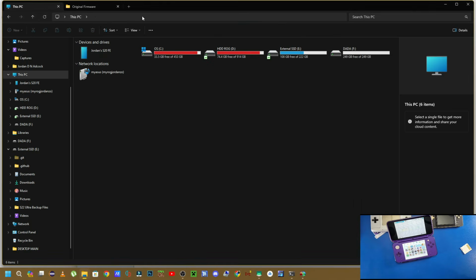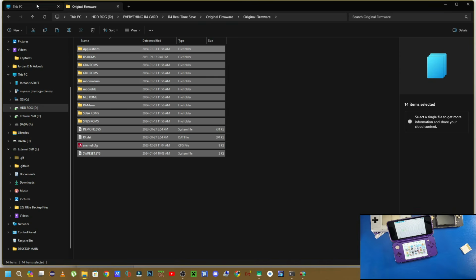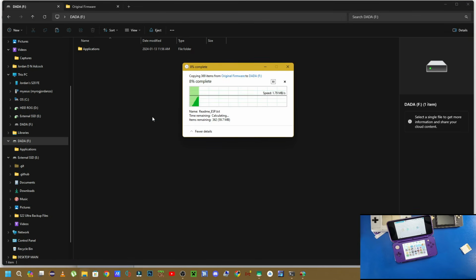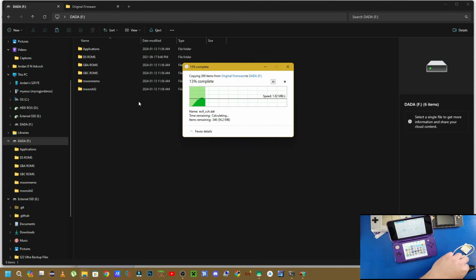So, now that that's formatted, we can grab all these files. We can go to our Dada SD card. Copy those files over. Again, like I said, this SD card says it's an A2 V30 fast SD card, and it's